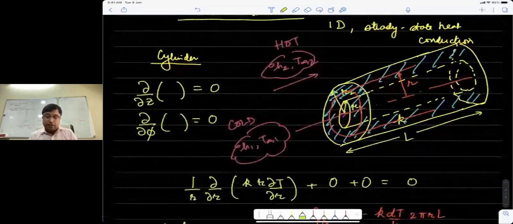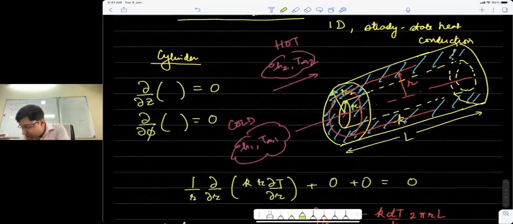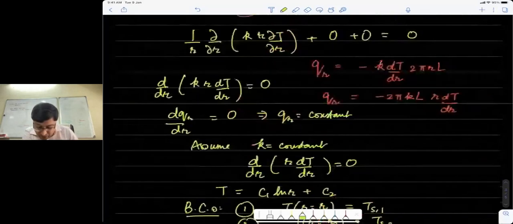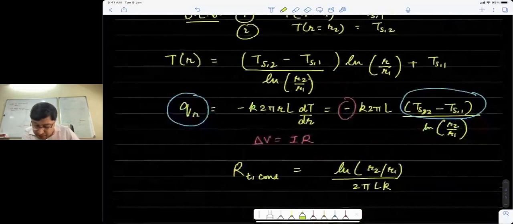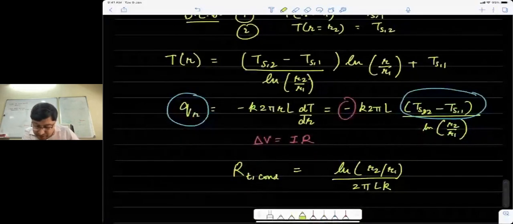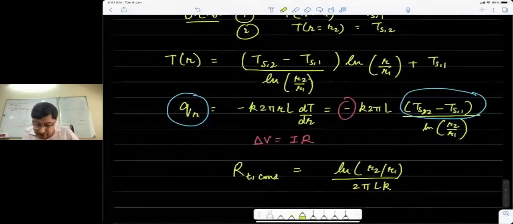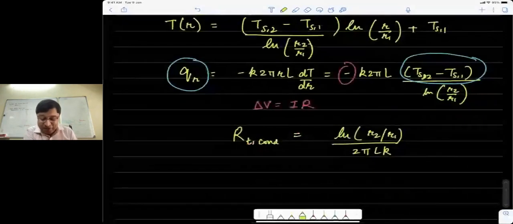R1 missing. Sorry, Sir, I think when you differentiated the temperature, R1 is missing. In which part? Sir, Qr. No, it's not missing. Anyway, I'll move ahead. Please check. It's not missing. I know what you're thinking, but I would not correct you on that. Now I won't teach calculus.